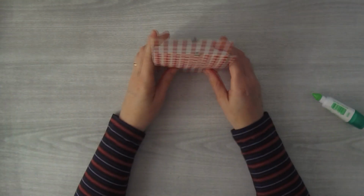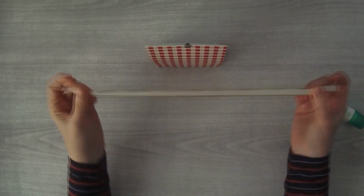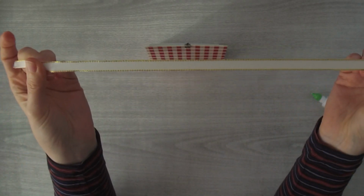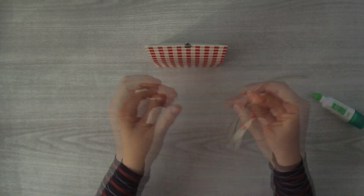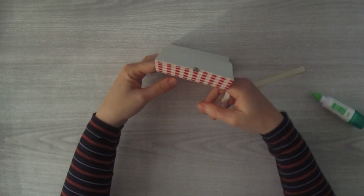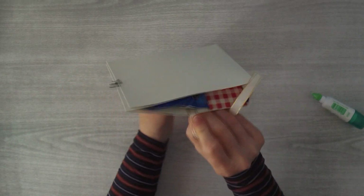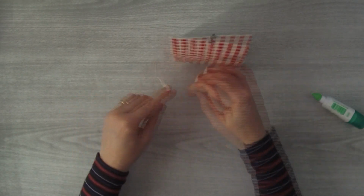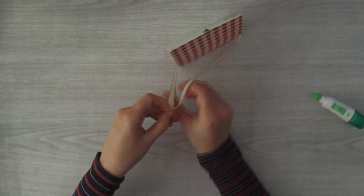Okay, so now let's decorate up the front, and I'm going to take a piece of this, oh, what is it called? It's called the gold metallic edge ribbon. I'm just going to slide this through here, underneath, like behind that cookie. Okay, so I'll just slide this around here to the side,